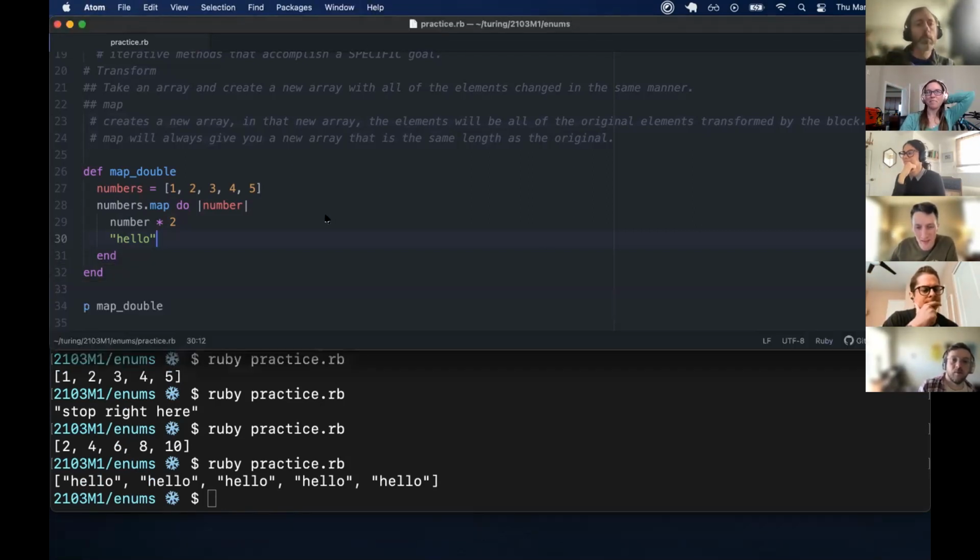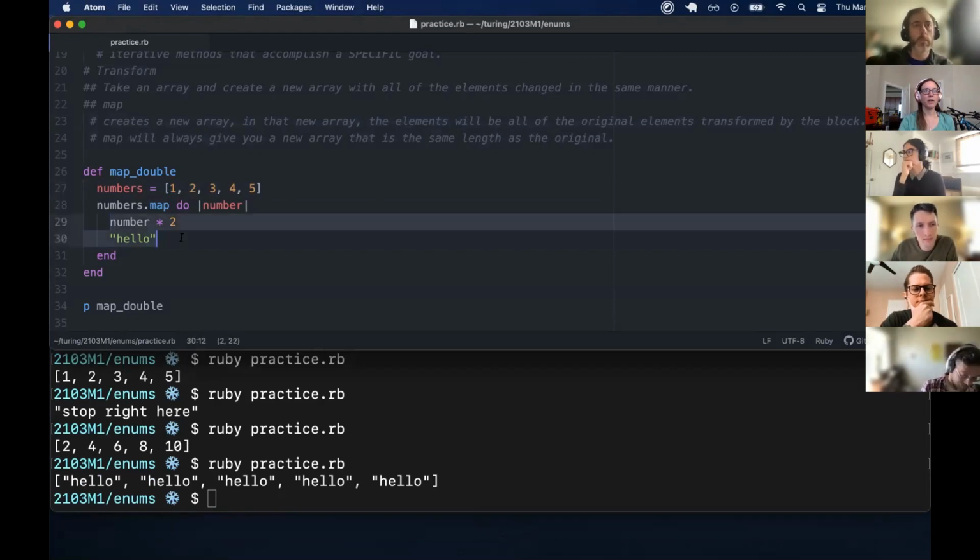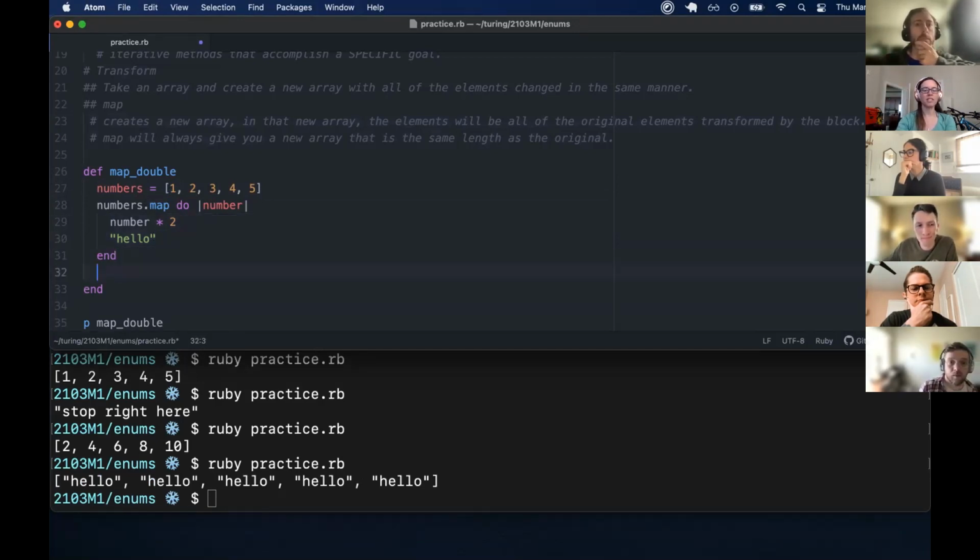Okay, so I'm going to go back to what I wrote down in terrible words and what I said. Map is used to transform every element, map is used for transforming. And the way that it works is it iterates over each element on that original array. It runs some block of code, whatever you tell it to do. And whatever the return value of that block of code is what gets sent to the new array. So if we walk through this now,